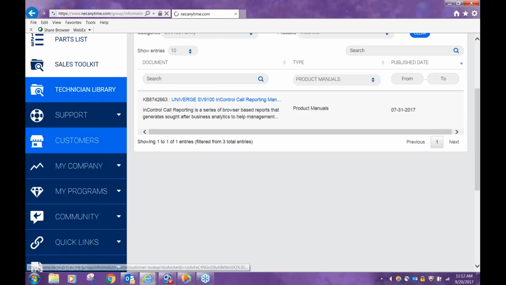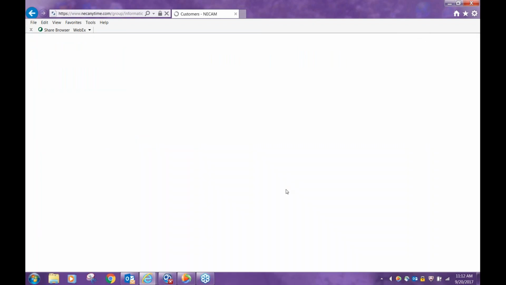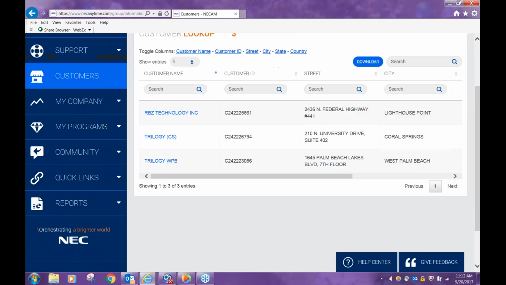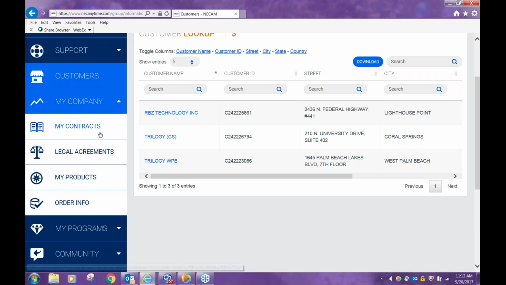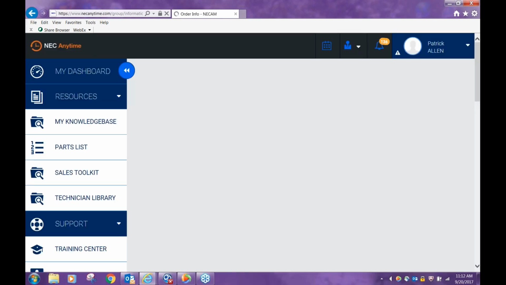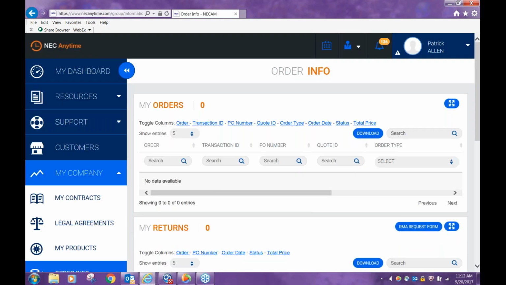Under customers, it's going to depend on what you have listed in the LMS and in the portal. So it's going to show you your different customers. You can search by the customer name or the ID if you know that, their address. That's all available. Under My Company, if you have contracts or legal agreements, you're going to see these. I'm not going to click on them because I don't want to bring up someone else's information, but it shows you information there as far as your legal agreements and contracts. Under order info, you're not really going to have a lot of information listed because you purchased from Optus. So you won't see orders,